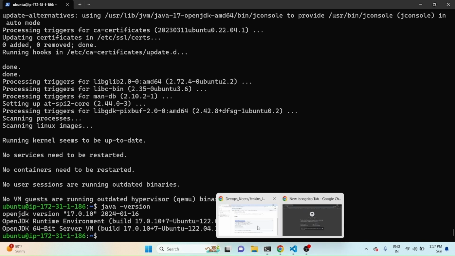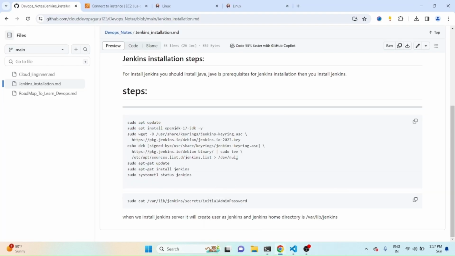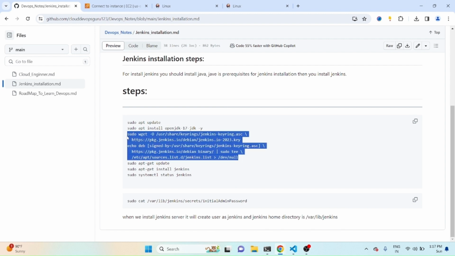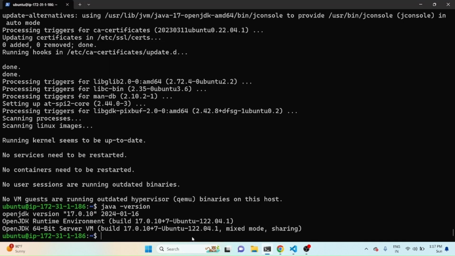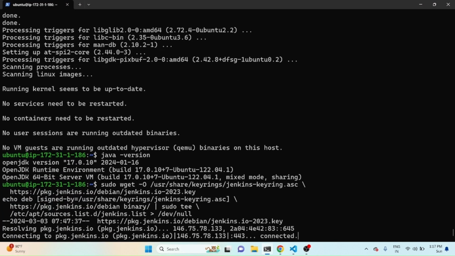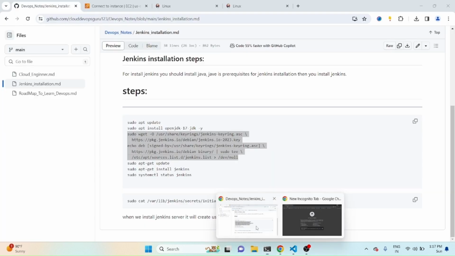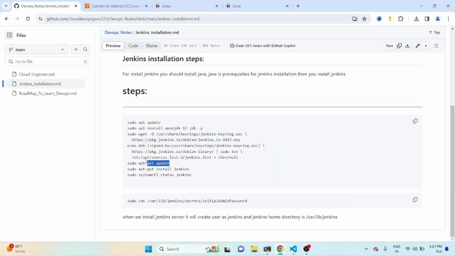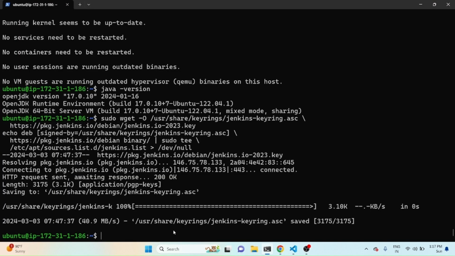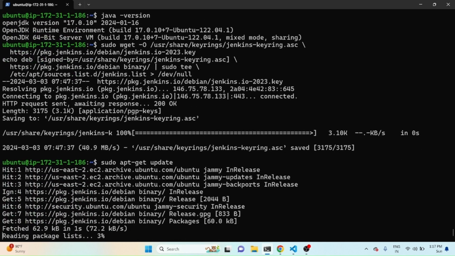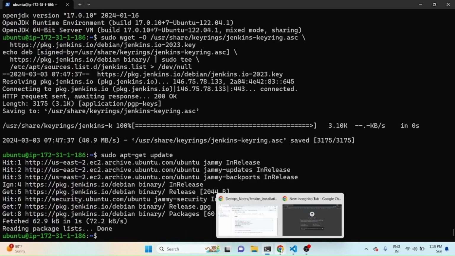After that, you have to add the package into the repository for installing Jenkins. Just copy this one and paste it into your Ubuntu server. It will add the package entry into your Ubuntu repository. Okay, then you have to update it. Once your packages are updated,